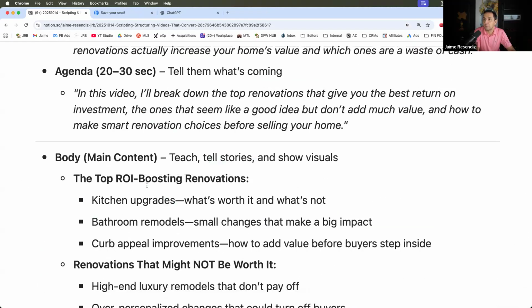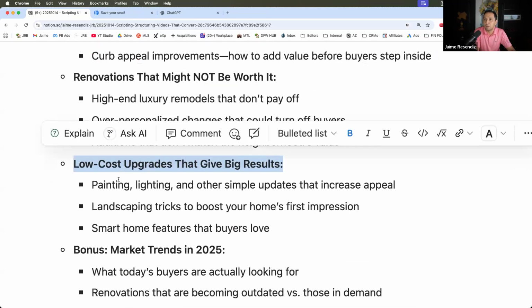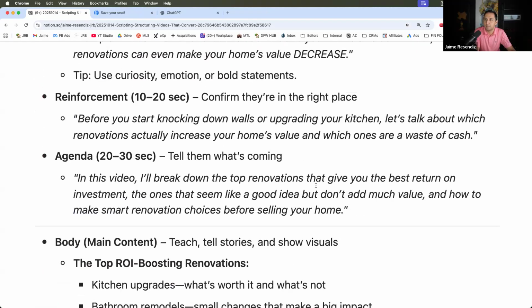So here, what I would argue, I should probably reword up here, is giving them a little bit more of an incentive to stay. I should probably do more of a payoff statement here, which is basically: if you stick with me to the end, I'm going to give you the number one upgrade that you can make that's going to increase the highest return on investment. So that's a payoff statement. It gives them a reason to stay to the end. Why? Because it's going to increase my average view duration. People are going to stay longer because there's a win at the end of the rainbow. Does that make sense?